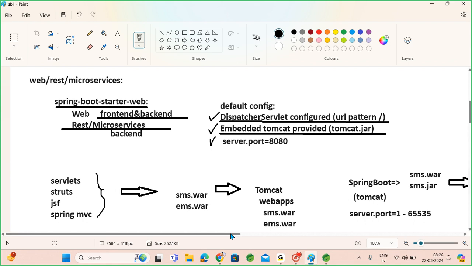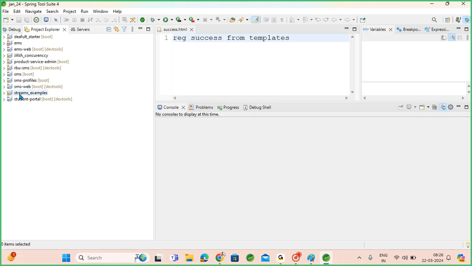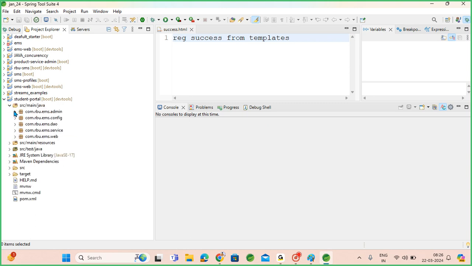Create your required input pages in the static folder and your required backend classes in SRC, right? You can do front end to back end communication over there. That is what we have done in our examples also, right? We created a simple SMS web and we did some CRUD operations, right? In the last session, we did CRUD operation just by keeping,